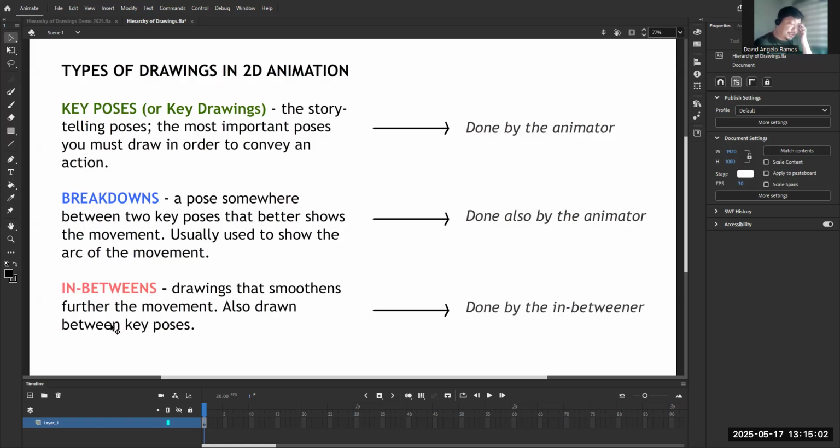Okay, so first we have the key poses, also known as the key drawings. Now, the key poses are the storytelling poses. These are the most important poses that you have to draw in order to convey a certain action. These are the minimum drawings you have to draw in order to convey a certain action or a certain